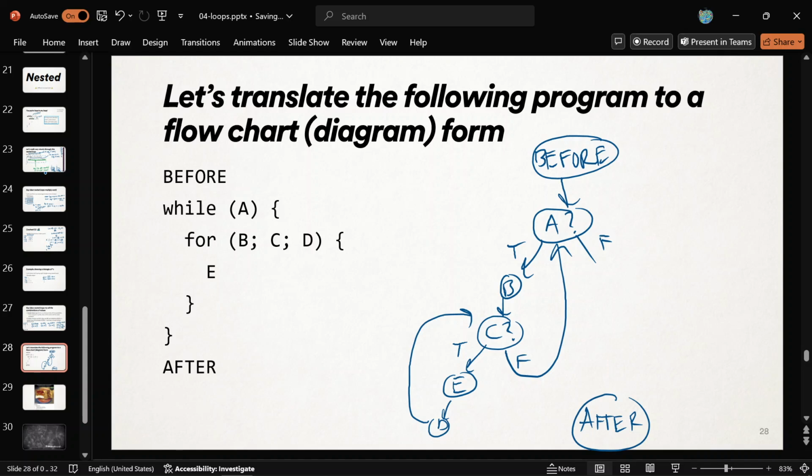Question? Yeah. So say that A is always true, but B is always false, but just keep running that over and over. Yeah, it would try to run this for loop, because if A is always true, it's always going to keep on running this body, which will skip the for loop each time, but it still needs to try to run it once. So it'll run the condition, and then, oh no, I'm done. Let's go back and check A again. Oh, let's do it all over.